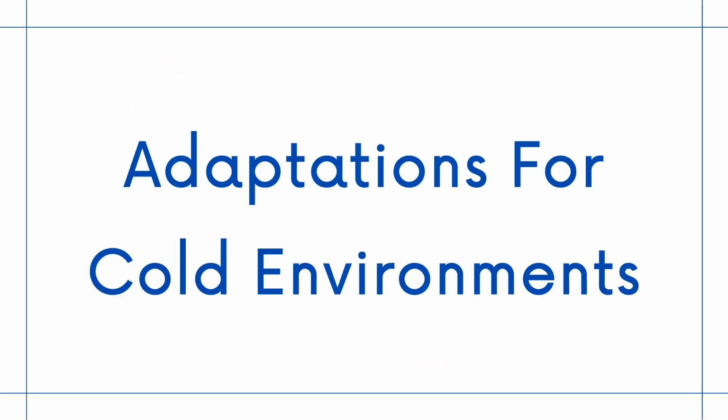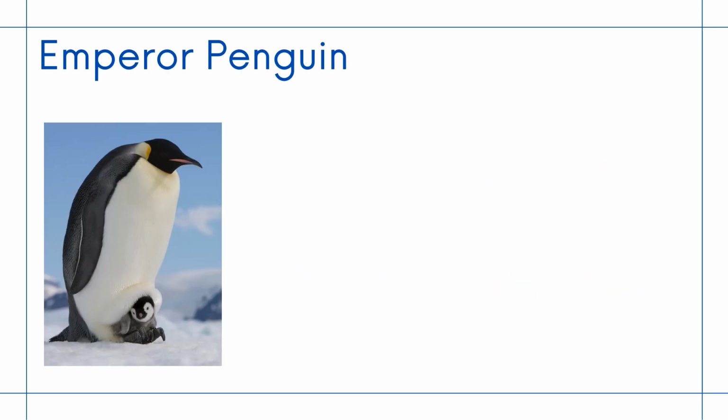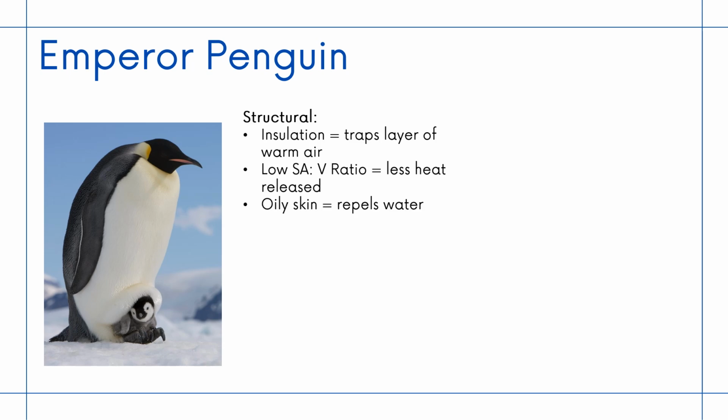Let's have a look at some adaptations for cold environments now. So here we have an emperor penguin, obviously lives in the snow, as you can see. Just from looking at this penguin, even if you don't know very much about it, there are some assumptions you can make about the adaptations it would have to enable it to survive in this very cold environment, such as the structural adaptation. So it has a lot of insulation, meaning that it can trap warm air underneath those layers,